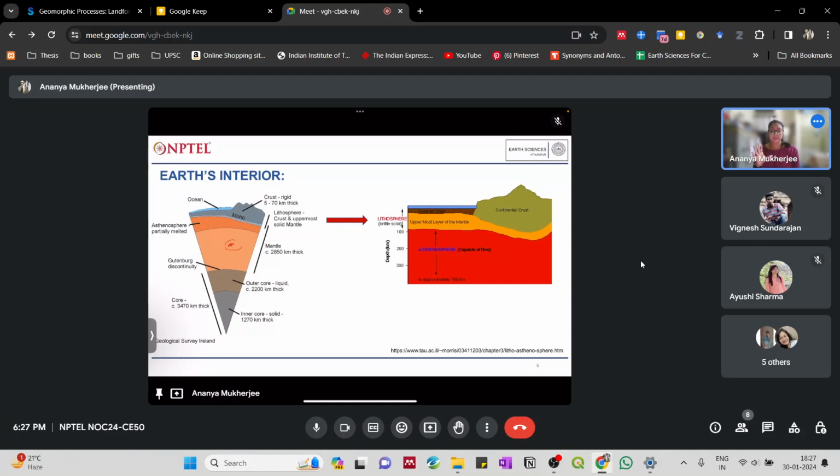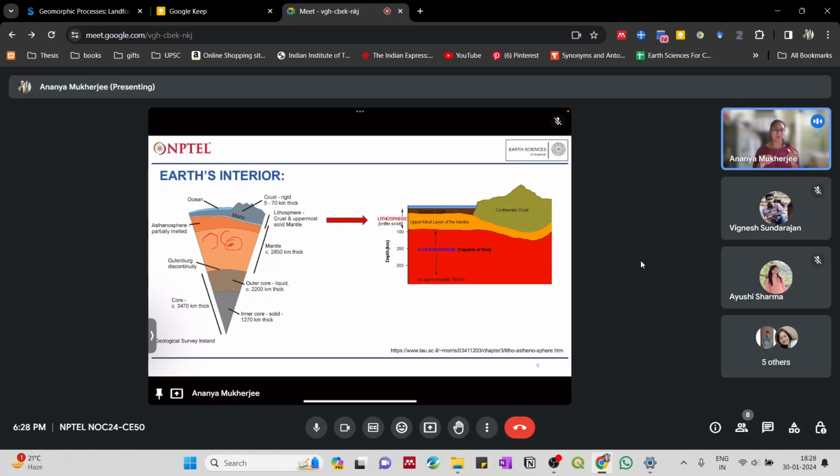Due to its inherent property, we have convection cells inside the mantle. Now, if it becomes solid, then we will not have these convection cells. And if we don't have the convection cells, the Earth's crust is not going to move. And if it does not move, we do not have any new land forming or any land being exhumed in the processes. So it's a very delicate setup that we have, and everything is sustained because of the way it is.